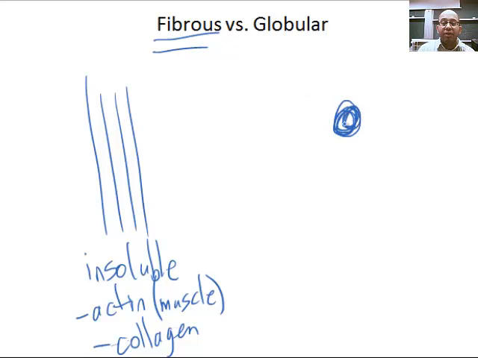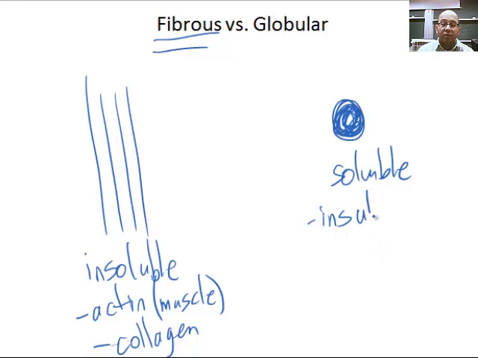So for globular proteins, you can think of the word glob, and they are more three-dimensional in structure. And obviously, I can't draw 3 dimensions on the screen, and these are soluble in water. And the examples they give here are insulin, which is a hormone which signals the body to break down sugar. And the other example they give is